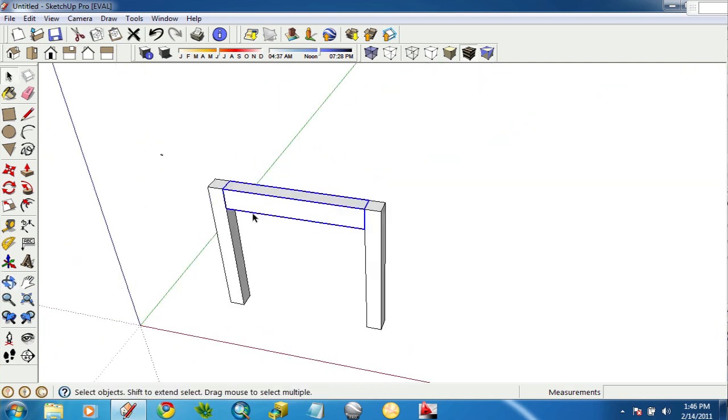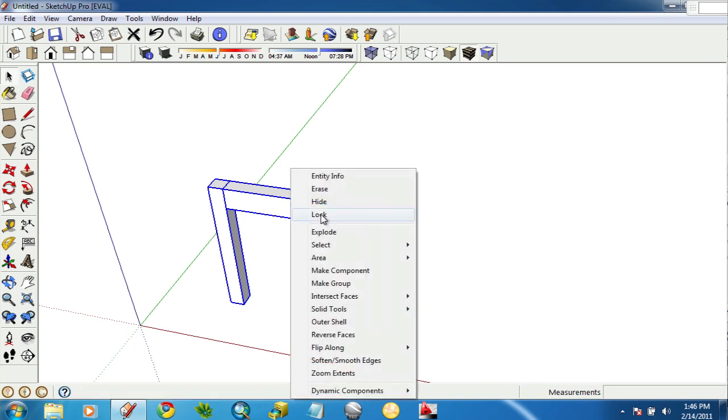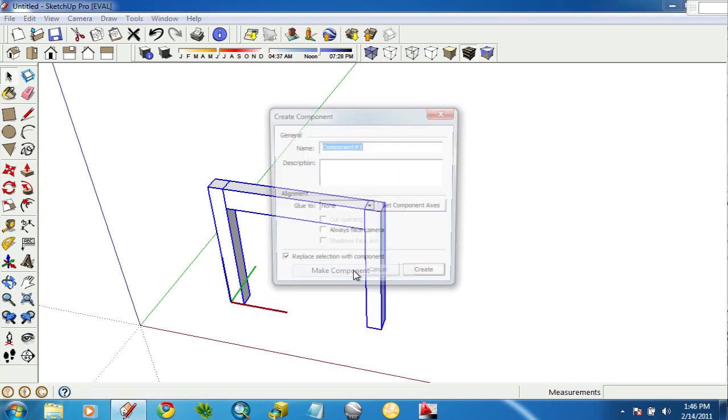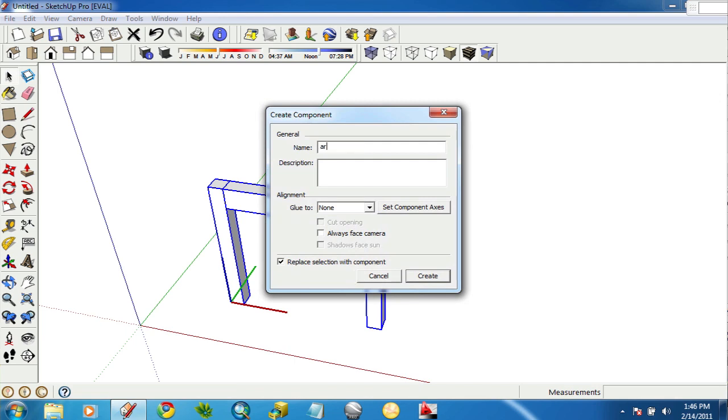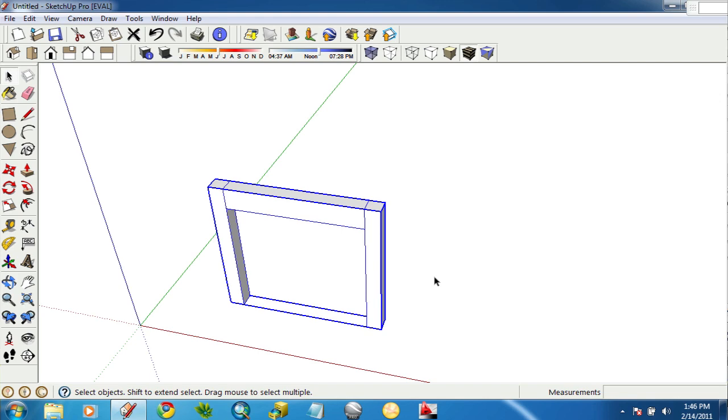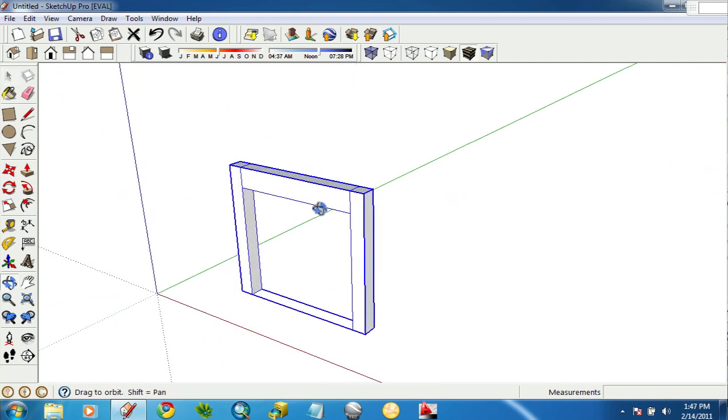Next step, very important, we will create a nested component. So grab the select tool, select everything, and once again, right click and select make component. And this time I'll call it arch. So very important here that we're working with a nested component,